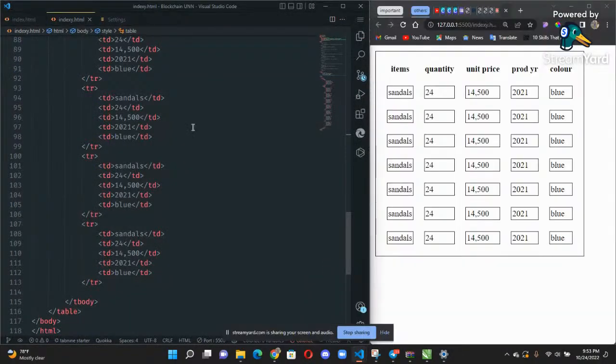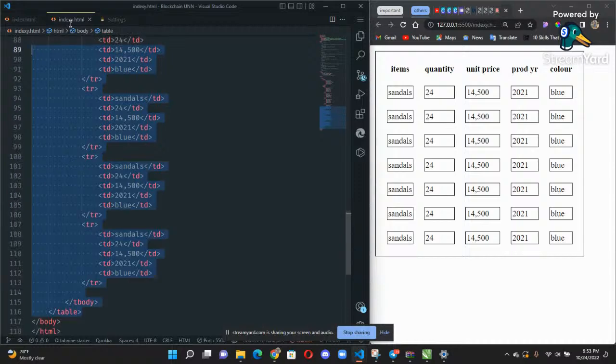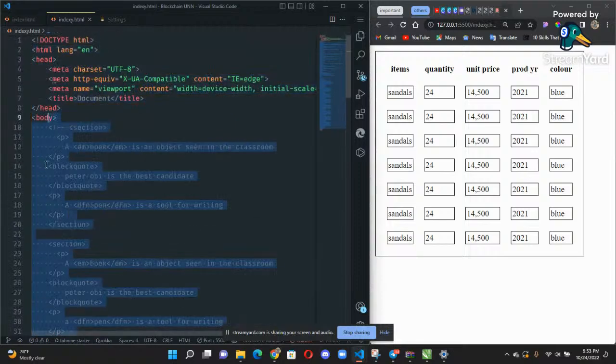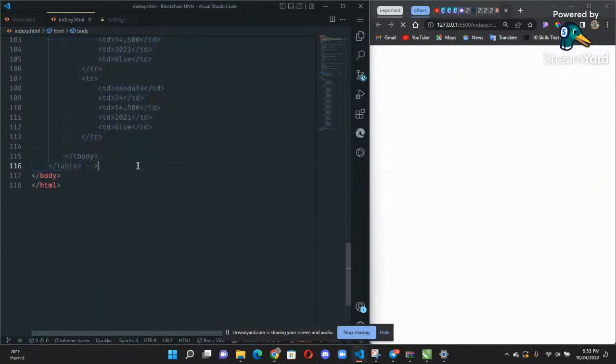The form element itself is a container for different types of input elements, such as text fields, checkboxes, radio buttons, and submit buttons.